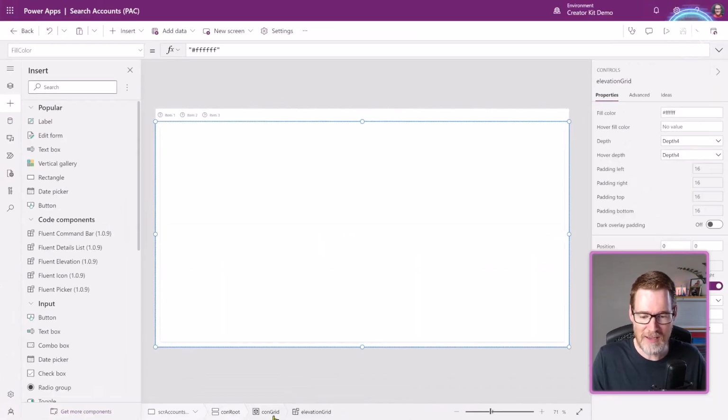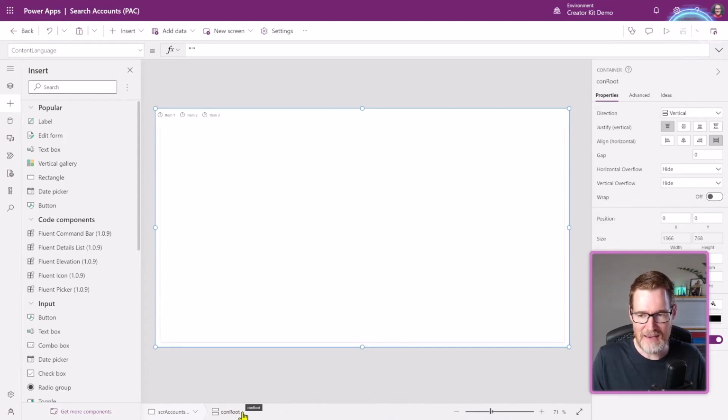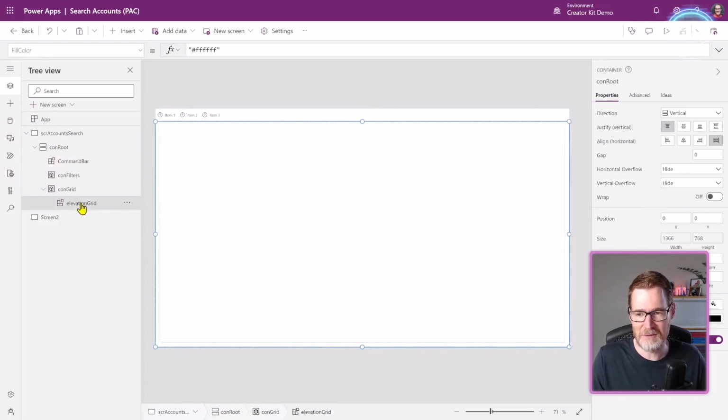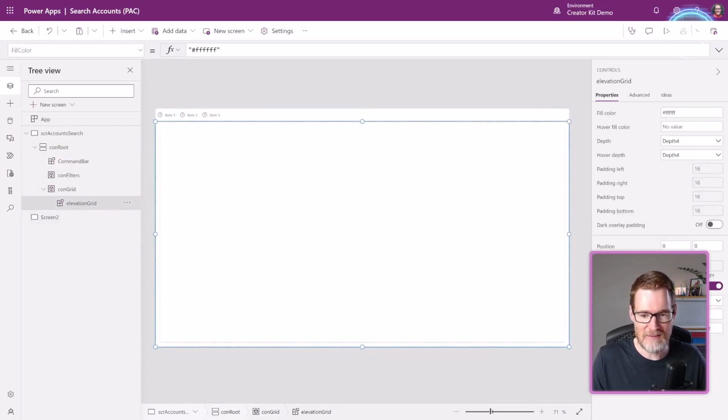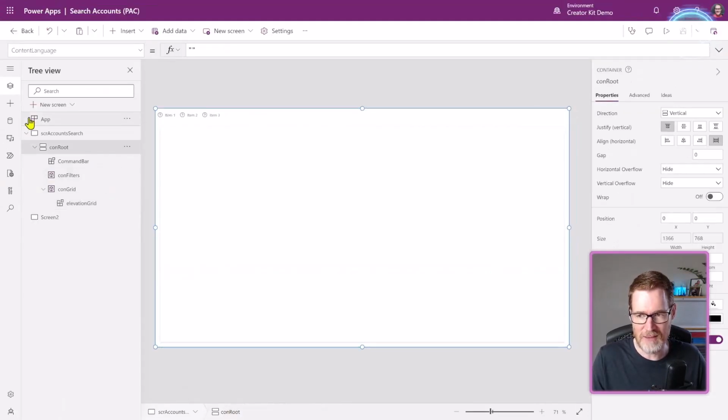So at any one time, I can select these elements, and that allows me to control that particular container. So if I wanted to add an item to the root, I would have to make sure that my root container is selected. So if I currently have the elevation grid selected, it's quite a convenient way of selecting just that root container. I can just go back to it and then add another item into it.